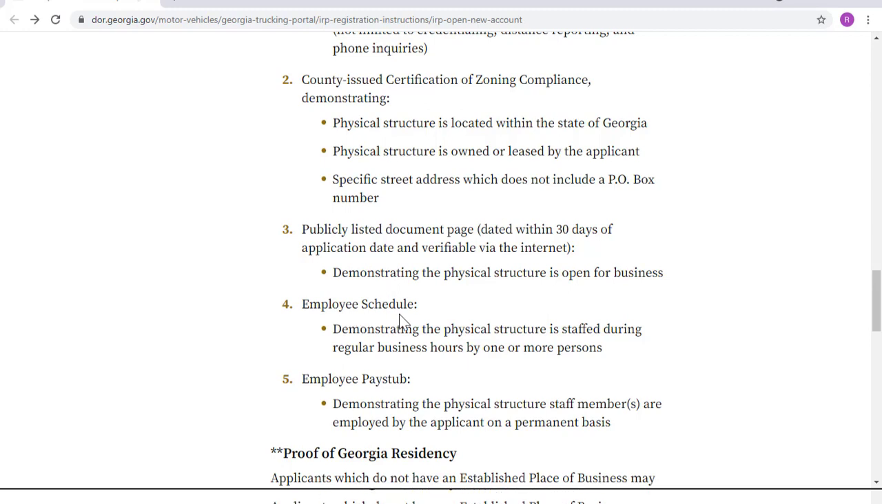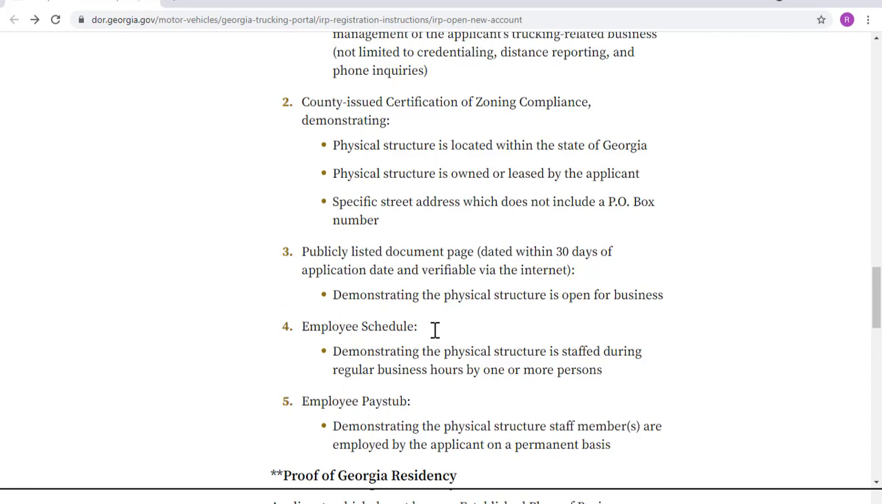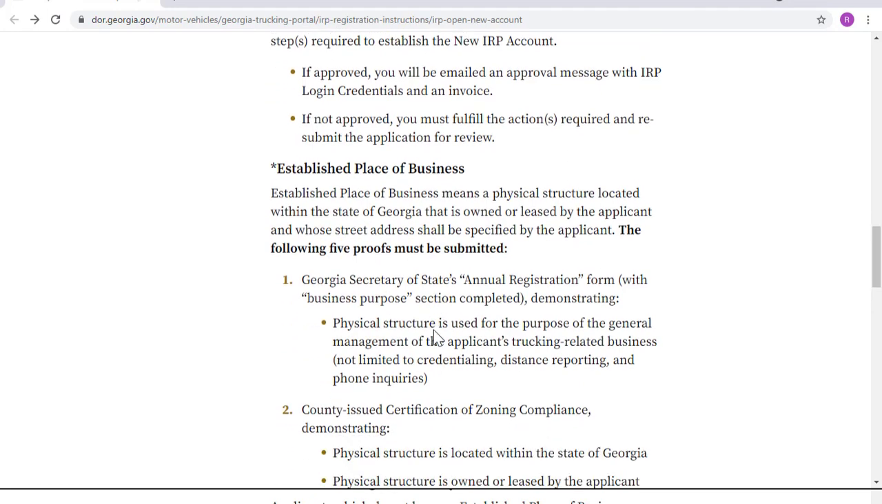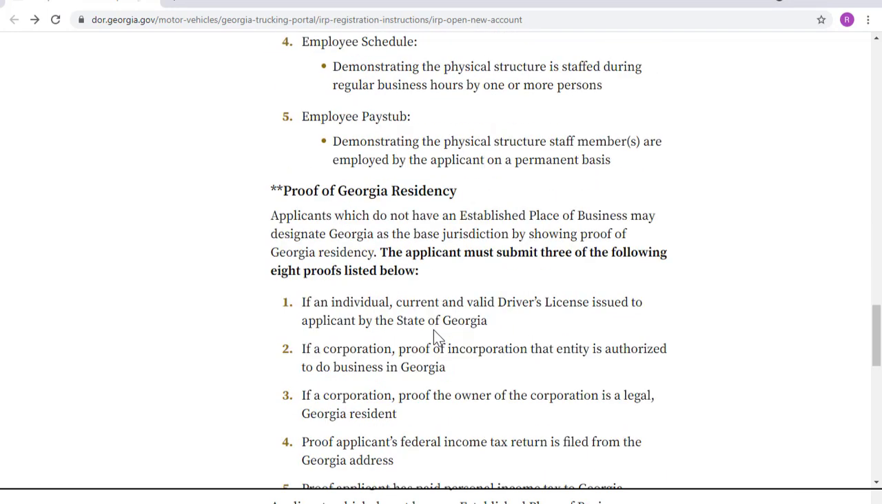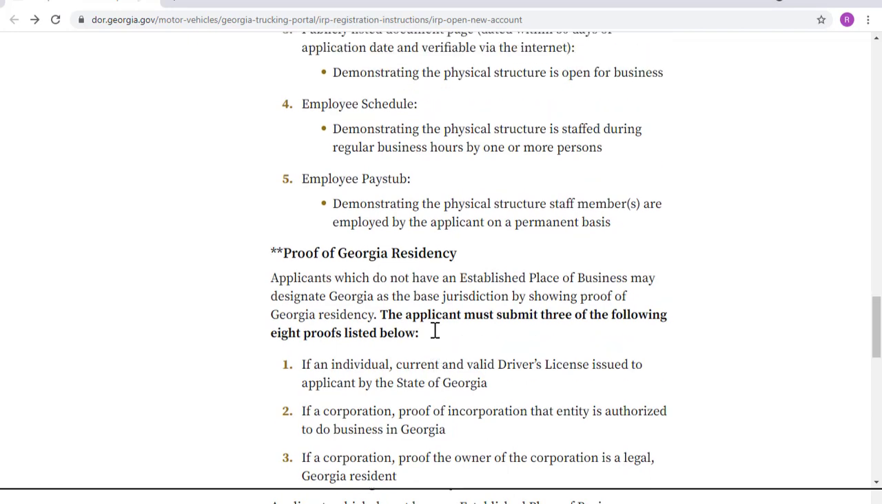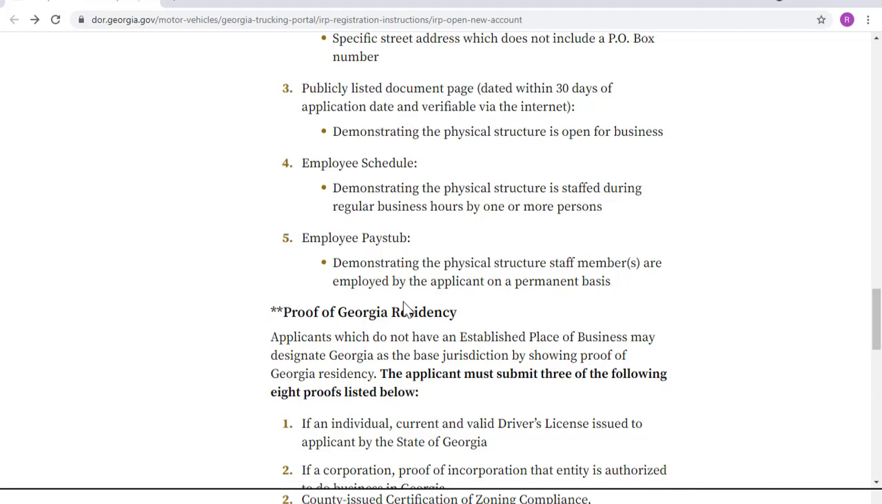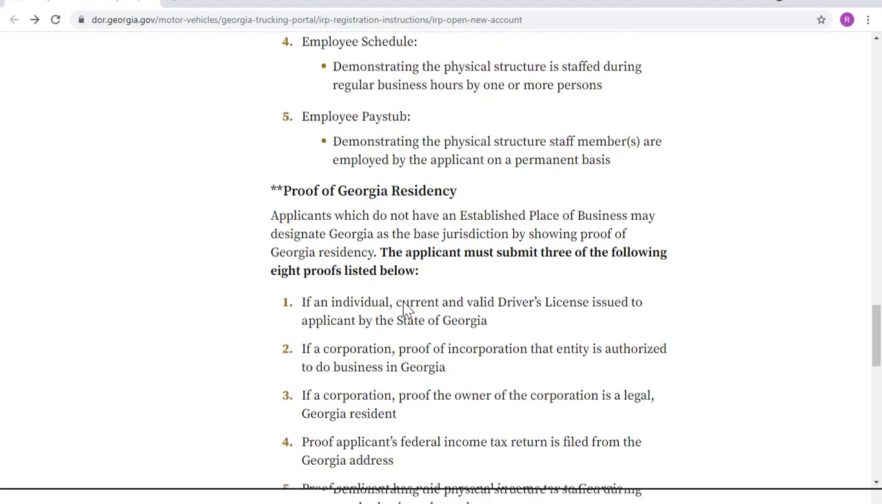All right, so an employee schedule demonstrating physical structure of your staff during regular business hours. Again, this is applicable if you have a physical location and you're deciding to complete your IRP under what? I can't hear you. Established place of business. Exactly. And so under the established place of business, you need 5 proofs. So that sounds like a lot. All right. So if that isn't applicable to you, what you're going to go for is the